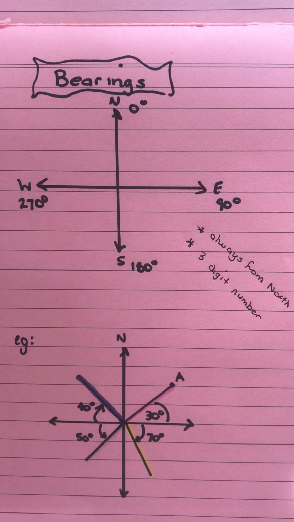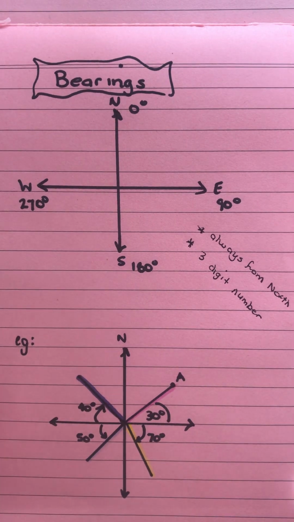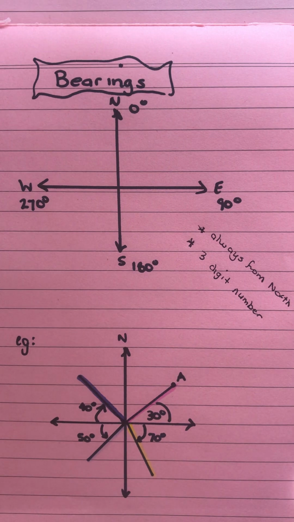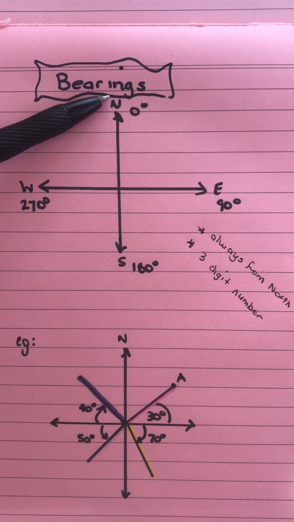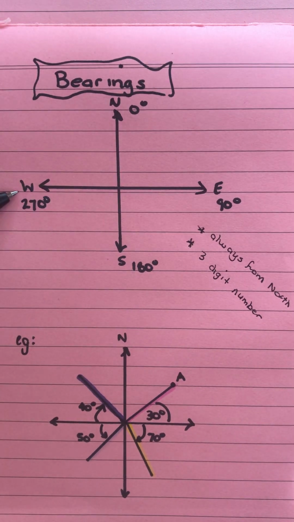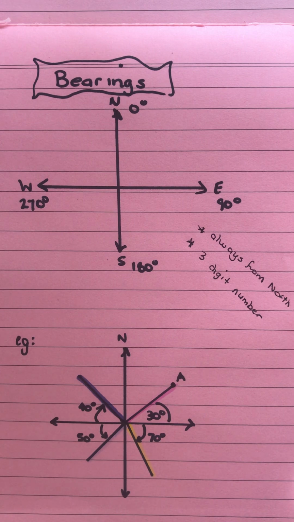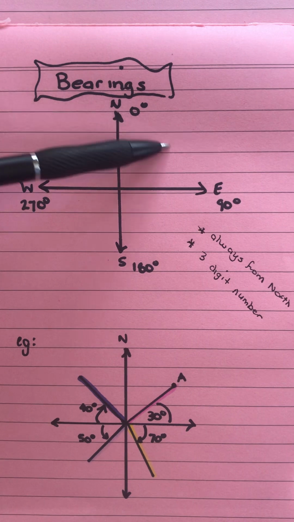Okay, having a look at bearings now. So bearings are our way that we can describe the direction that something might be travelling in. We refer to our north, south, east and west. And when we're talking about a true bearing, we're always talking about how many degrees it is from north, travelling